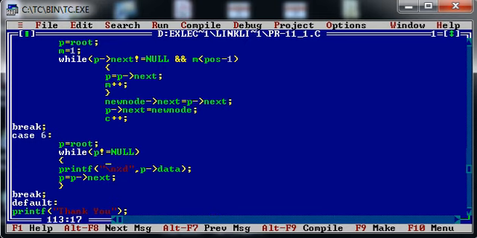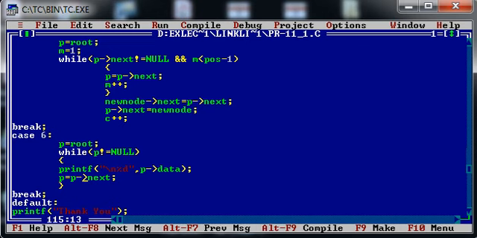So as you can see over here, I have set my p pointer to the root node, and I'm continuously checking whether p is null or not. If it is not null, then print the data part of that particular node and move p pointer to the next node, right? This loop will get executed until and unless p pointer reaches the null, or you can say the last node.